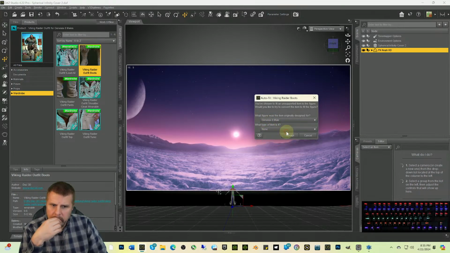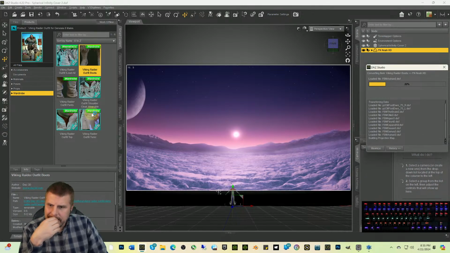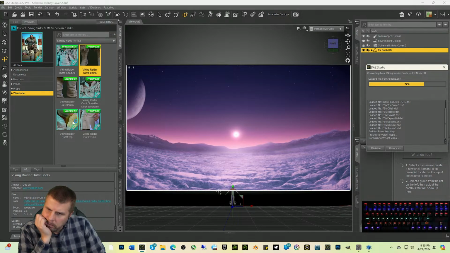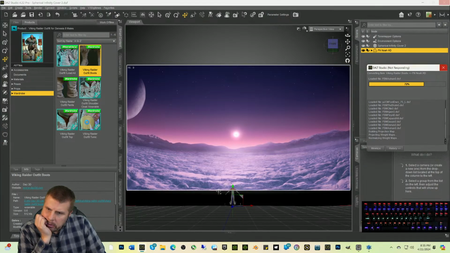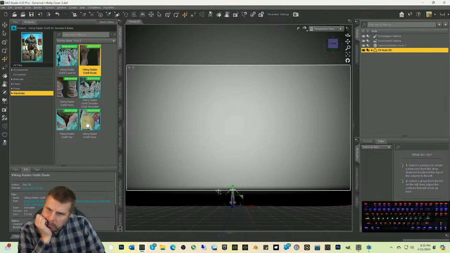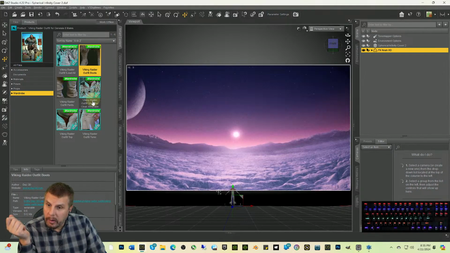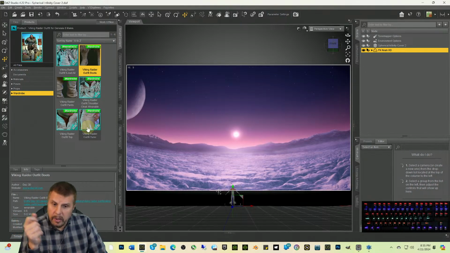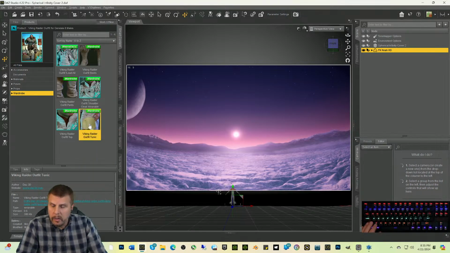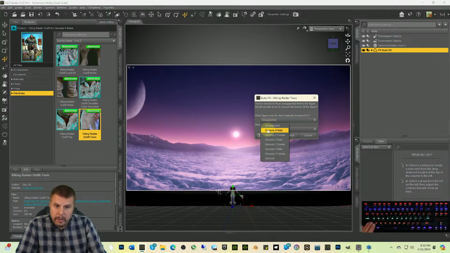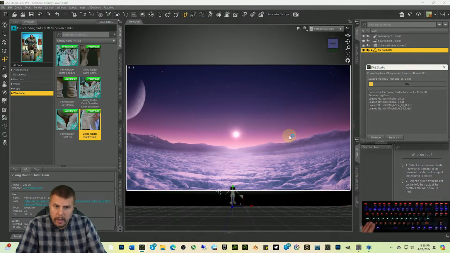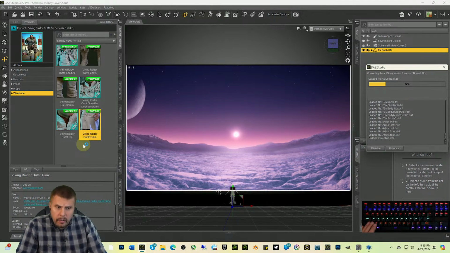Genesis 8. And the reason why I'm doing it this way is because yes, they're all converted and everything, but they just didn't convert very well. And the AutoFit seems to do, I don't know, I think it's kind of a toss-up between